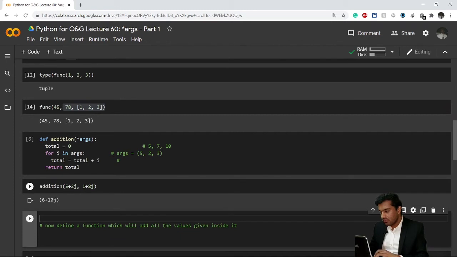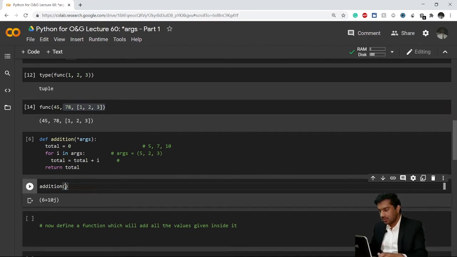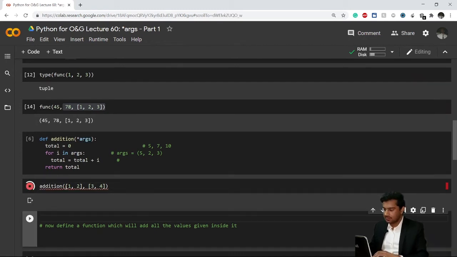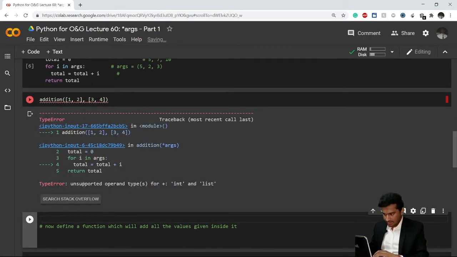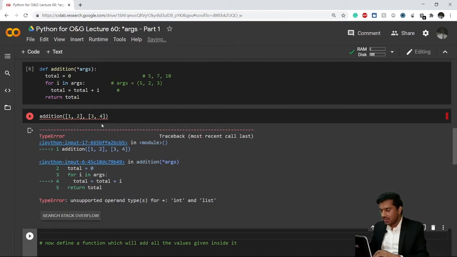And now if I input two lists in this function, let's say my first list is 1, 2 and my second list is 3, 4, and I see the result, okay, an unsupported operand type error for integer. I'll tell you in a few minutes why this is happening, so please be patient.